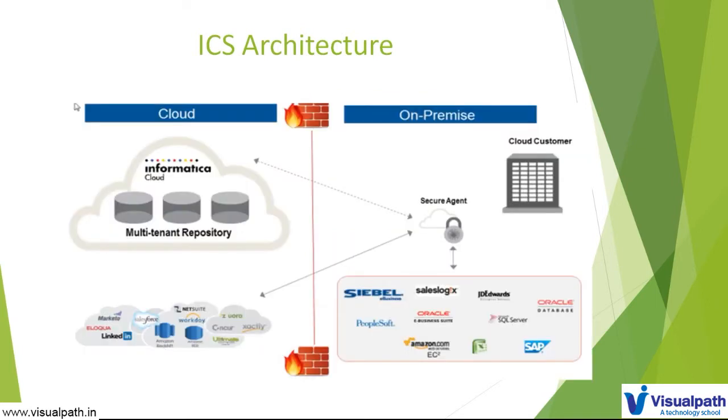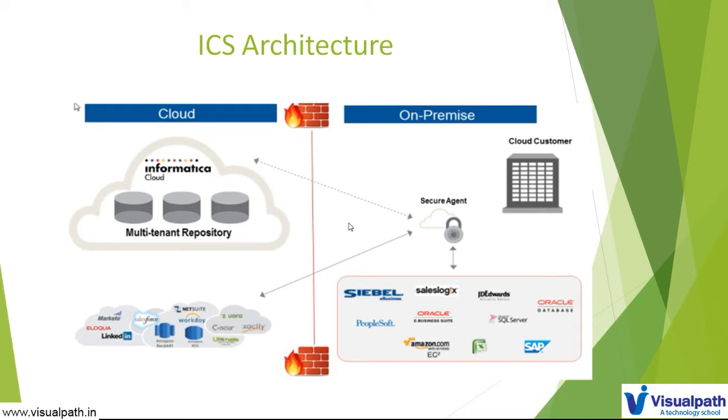Now if you jump into the Informatica Cloud architecture, it is a multi-tenant repository. What is meant by multi-tenant repository? In the previous page I showed you that by default we have the Informatica Cloud hosted agent. For all the org-level information, all Informatica Cloud customers have a repository within their environment, and the Informatica Cloud hosted agent will store